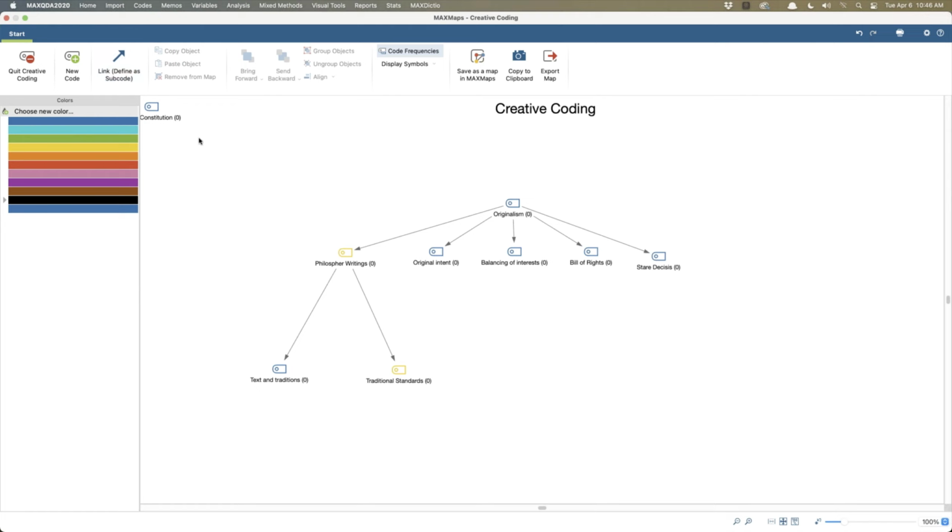You see, once this is on, I have to turn it off to be able to move it. And so I could simply put living constitution there, which is the opposite of originalism. So I've used creative coding here. You can get really useful with this later on.